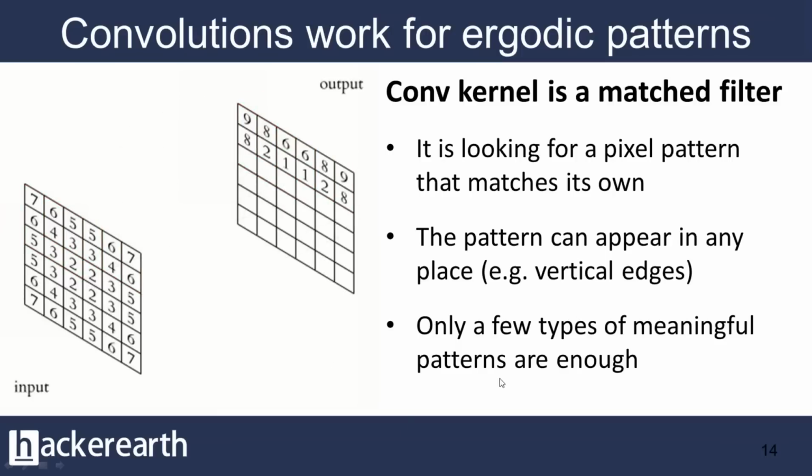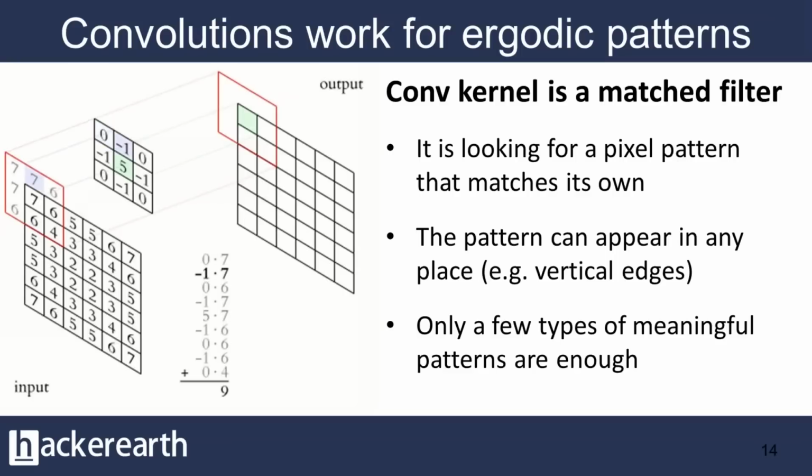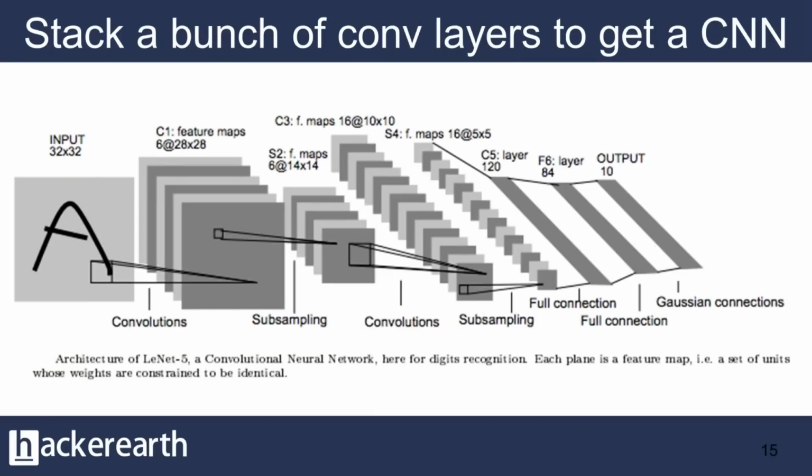And there are only a few meaningful types of patterns. For example, if you go to the lower layers in the hierarchy, there are only a few different orientations of edges: vertical, horizontal, and then somewhat slanted and so forth. So to put this in a hierarchy, what